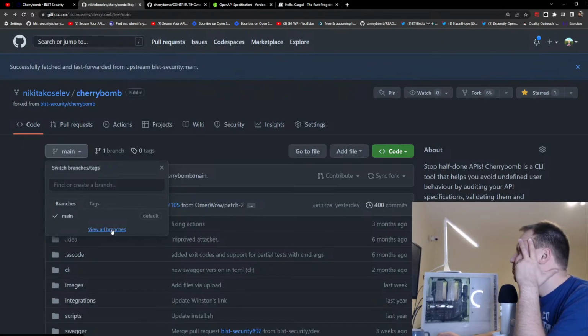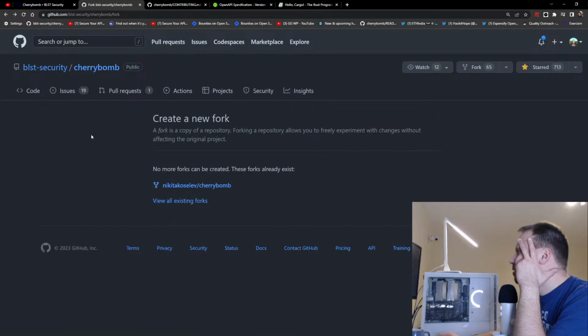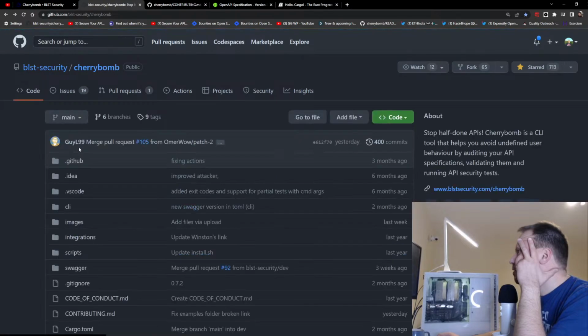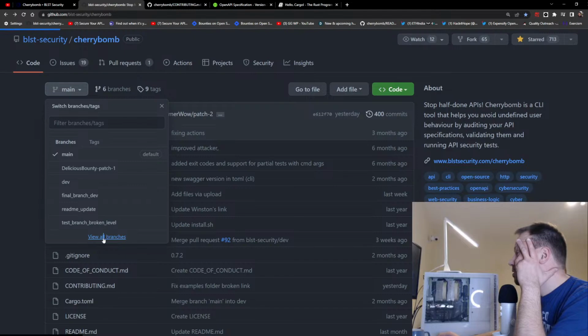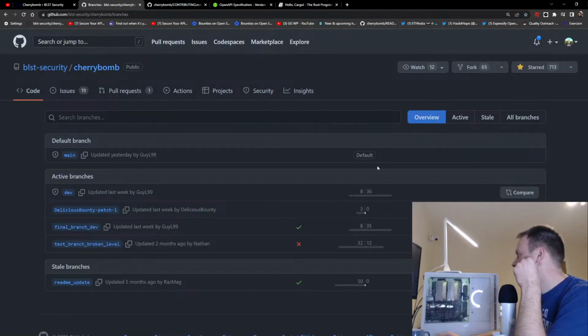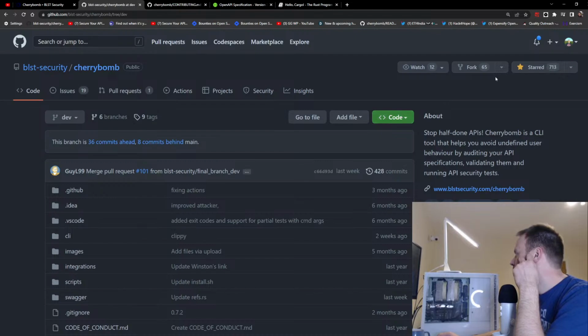Why did my code only get the main branch? Because I never thought of this. Okay, so if I fork this one,